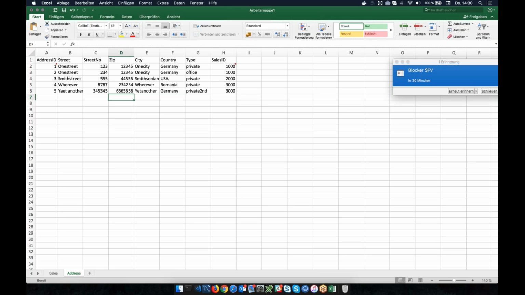Okay. And now I come to the meaning that I have, let's imagine, 10,000 people in that address table. There are 10,000 addresses in there. Okay, and I see that I have to rename the type column because private second is bad. I want to have it as additional private. So if I have 10,000 lines or 2 million lines in here, yeah,